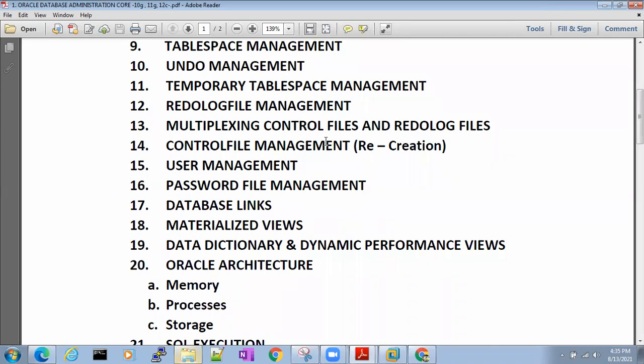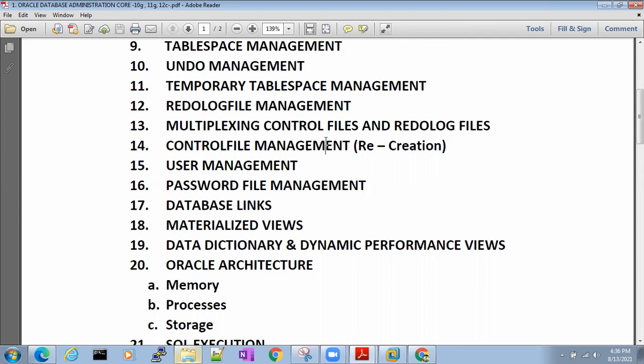All the old information means the database name, SCN number, database backups, sequence number, database birth time, the log sequence number, everything. All information is erased. Now you are recreating the control file. Will there be any data loss? There may not be any data loss, but when you are recreating the control file, it is a new control file, which means like a heart transplantation. Again, as I said yesterday, you are replacing the heart.